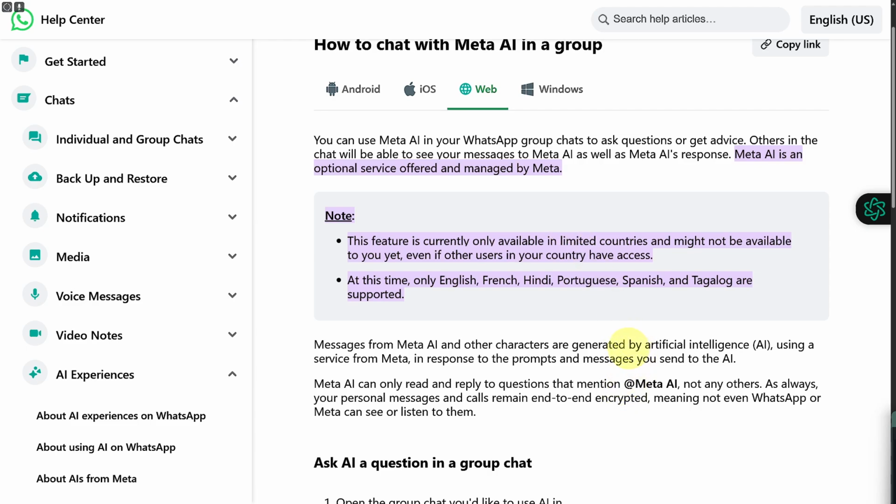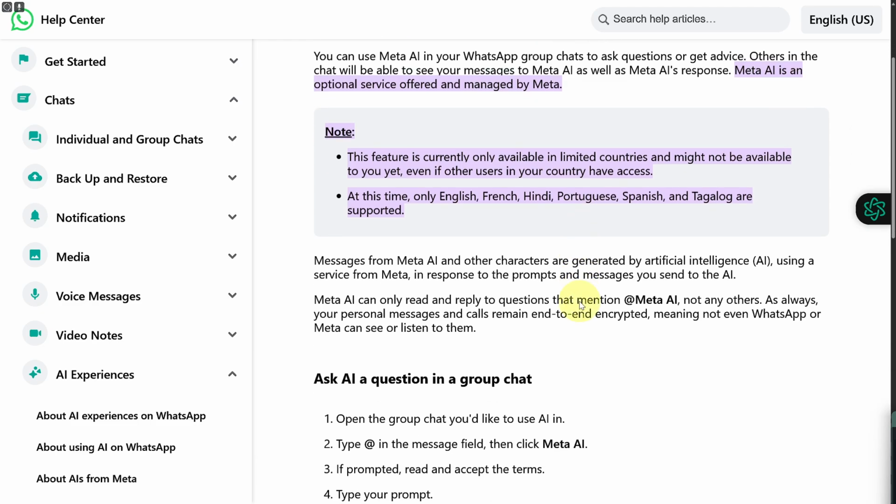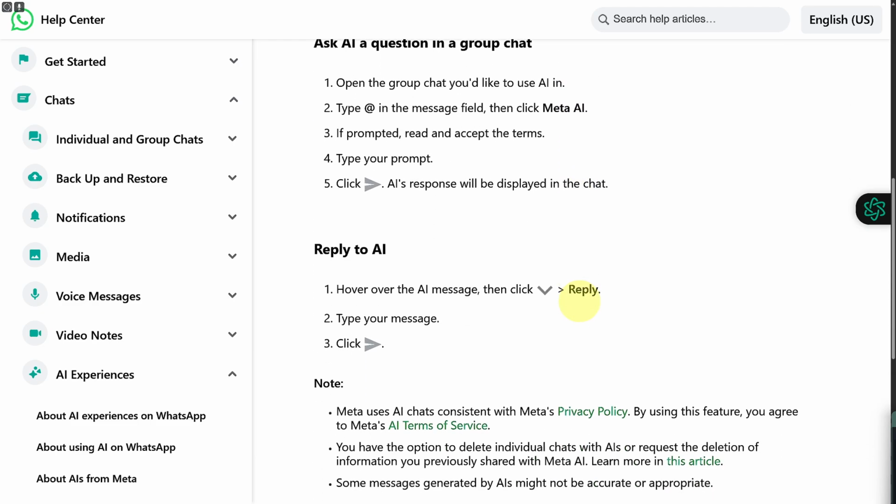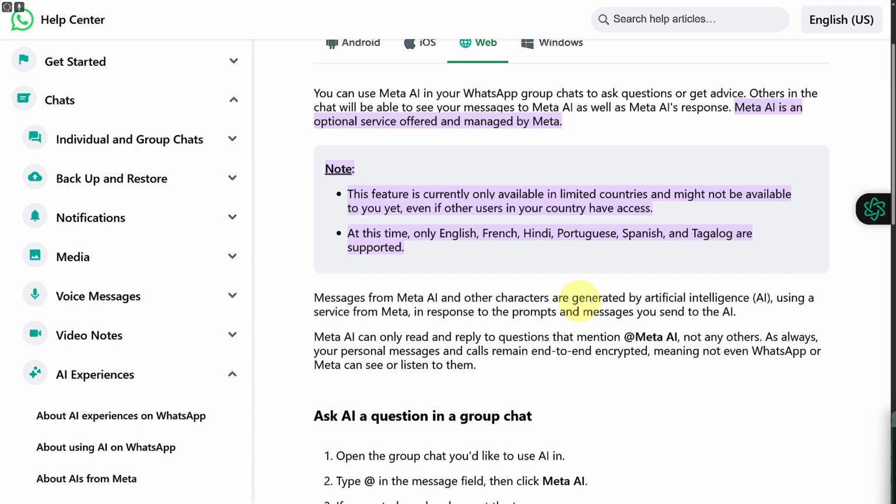So that could be some regional issue, and by waiting a week or maybe a month, you are going to get your Meta AI since it is in its beta stages. So nothing to panic about. At this time it is only available for English, French, Hindi, Portuguese, Spanish, and you can see various other regions. So you will get it. Do not worry about that. And try updating, maybe